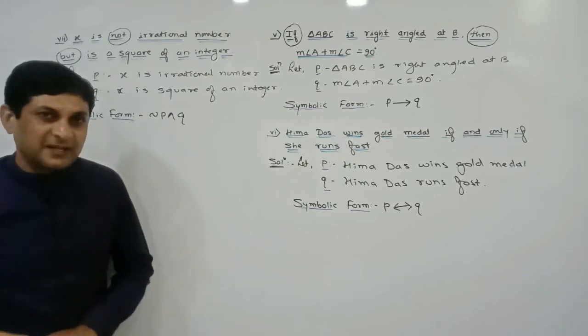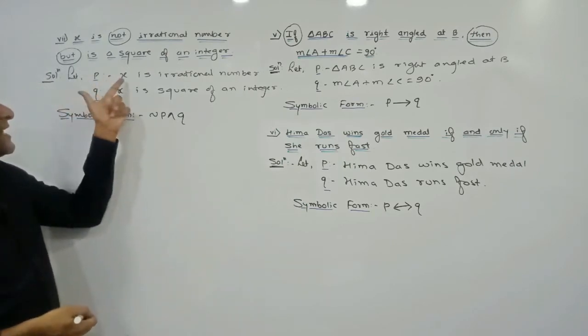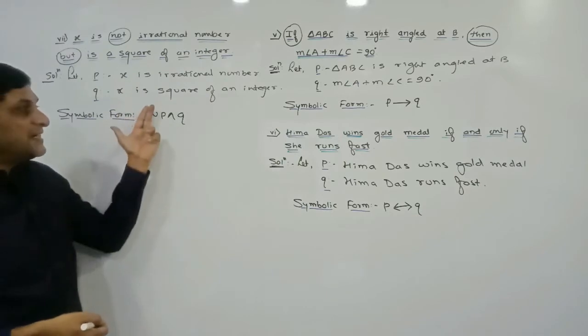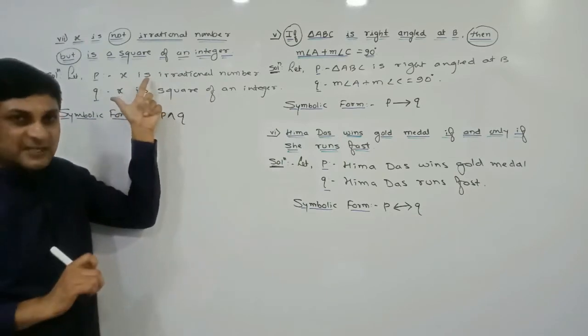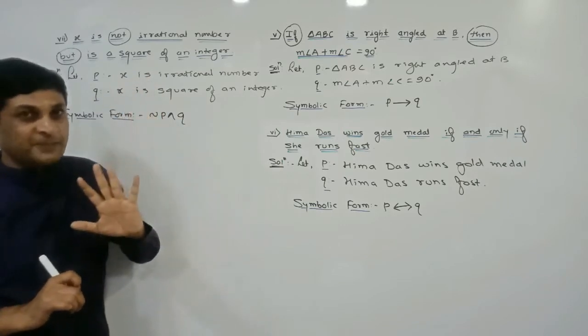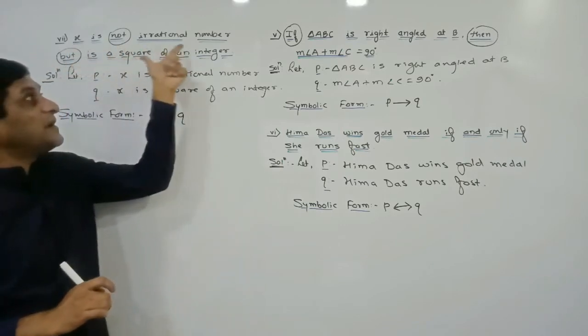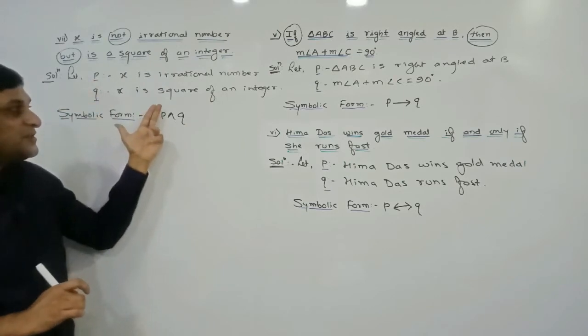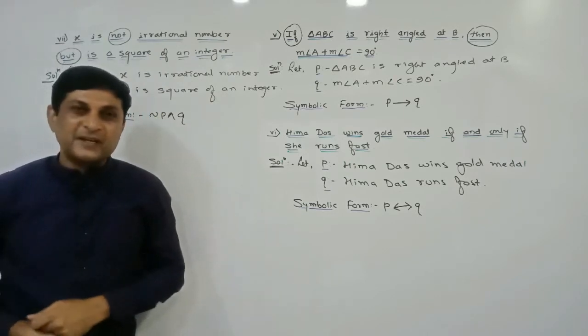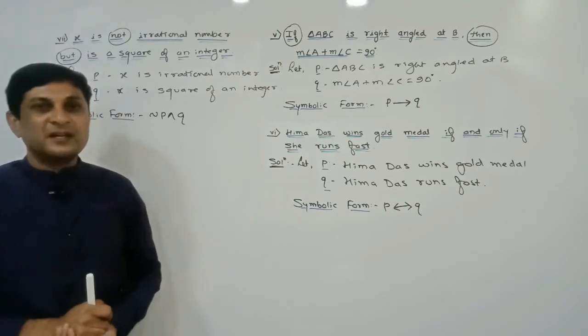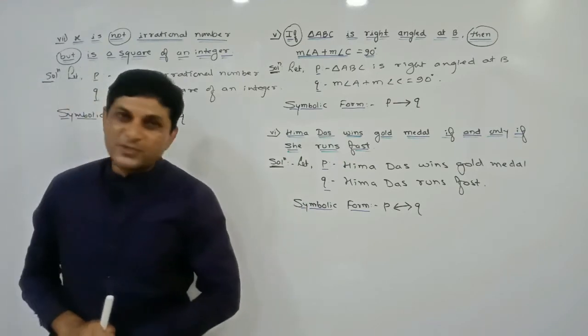Here two ways are there. If I suppose that P is x is not irrational, at that time negation does not come, because only in the given statement I am using not. So if I consider x is not an irrational number as P, then instead of negation P we will get P. So I hope the ideas are very clear to you. In this way we convert a given compound statement into symbolic form.